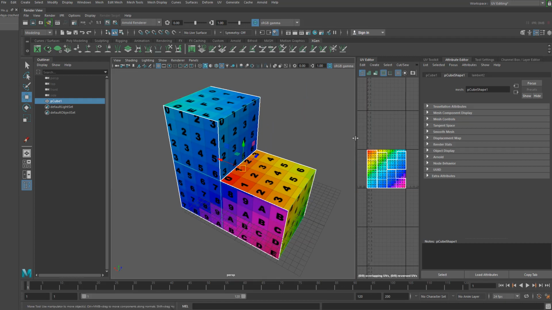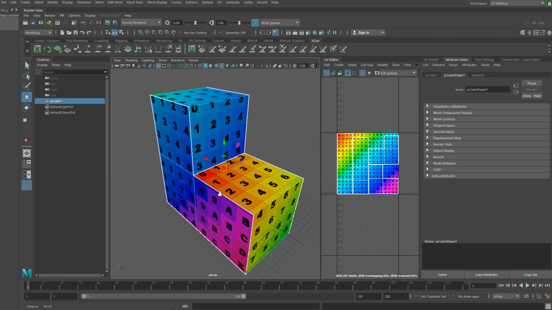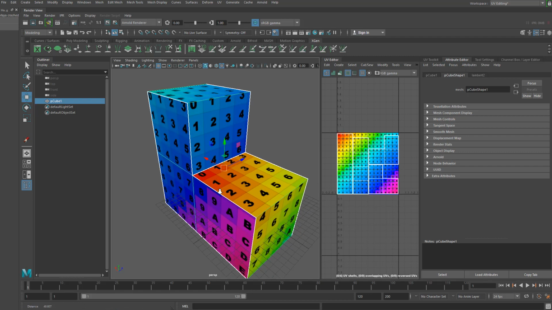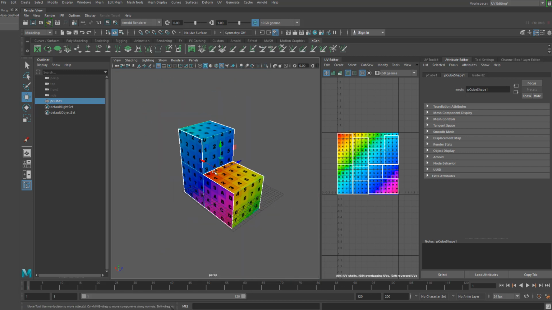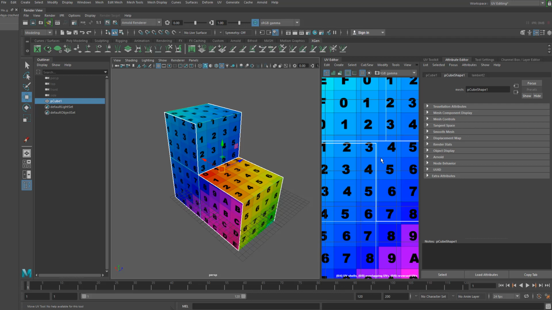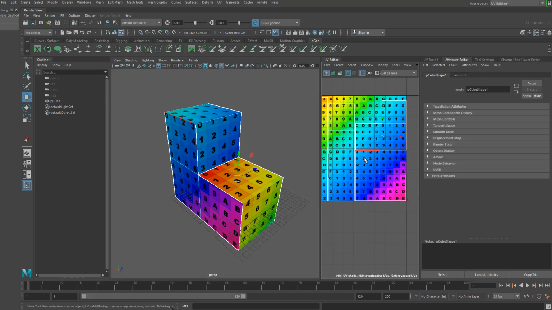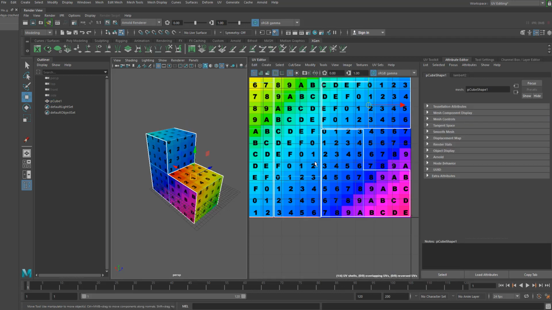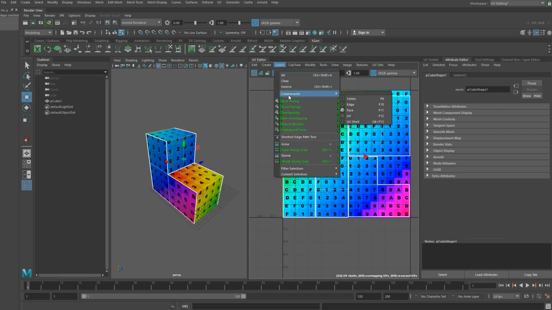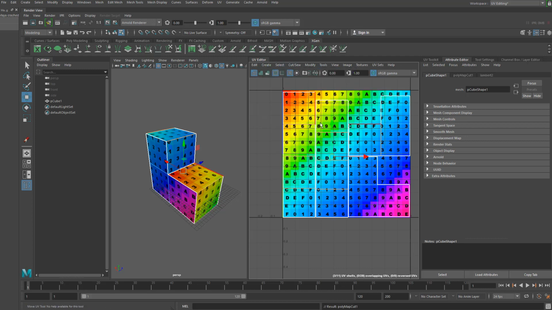Now, here's again what I would do to keep myself from going insane. I could come in here. There's two solutions for this. I'm going to design my high res. If I do that, I have to make sure that none of these edges here, just go ahead and show you. Every single one of these edges has to be cut. Let's go ahead and cut it. And they all have to be